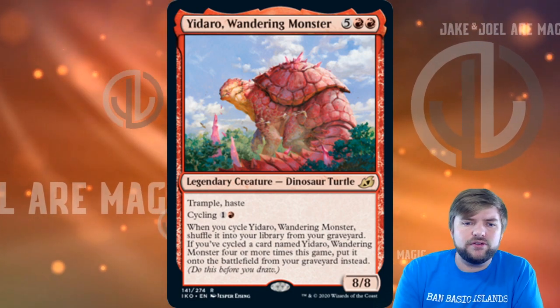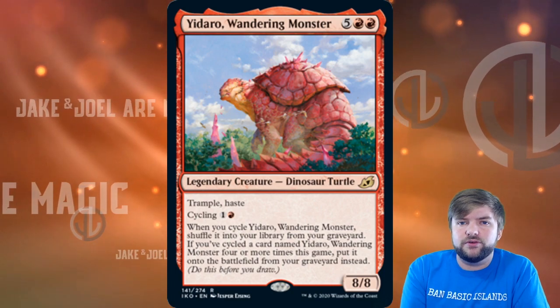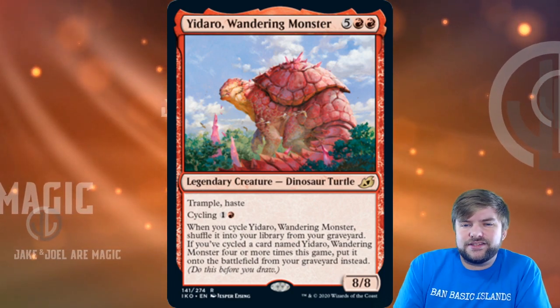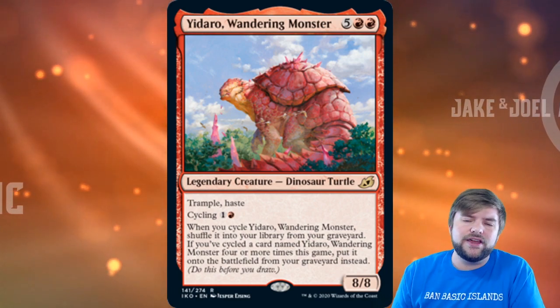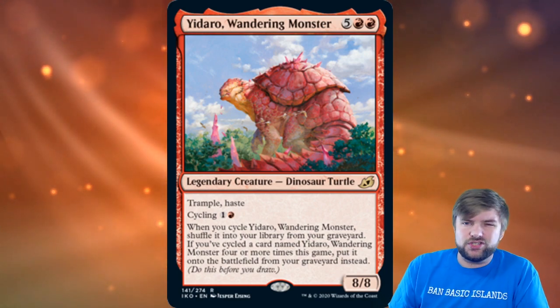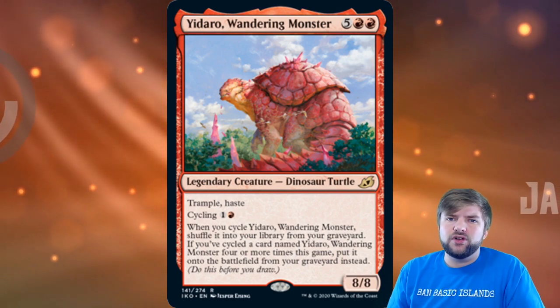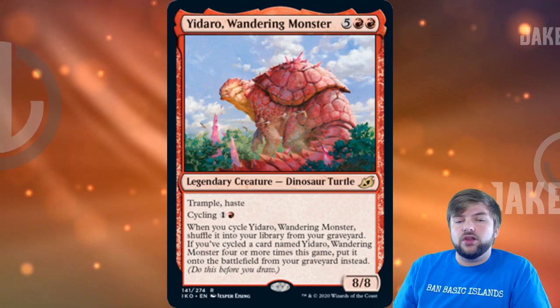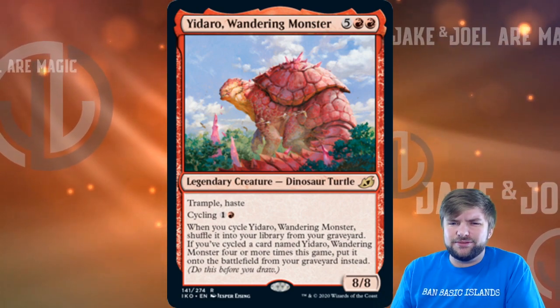If you even have 4 of these in your deck, it being a legendary anyway, if you've built 4 into your deck, then even the odds of getting those 3 are not super high, and so you have to have some kind of deck that's going to stall a little bit, do some other damage, put some pressure on. This seems more of like a long game for me with Yadaro, and it's interesting because